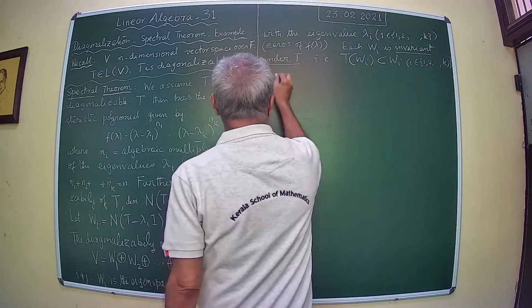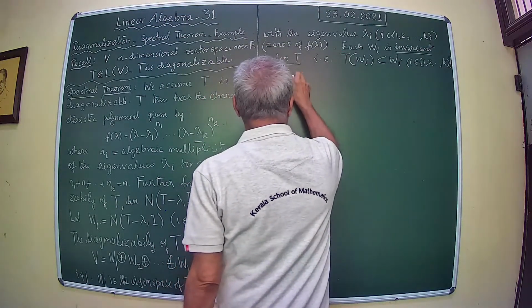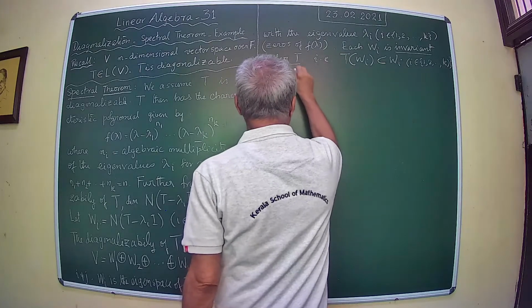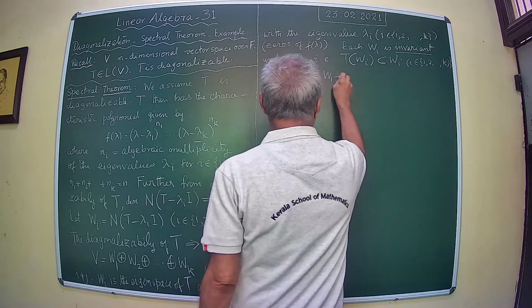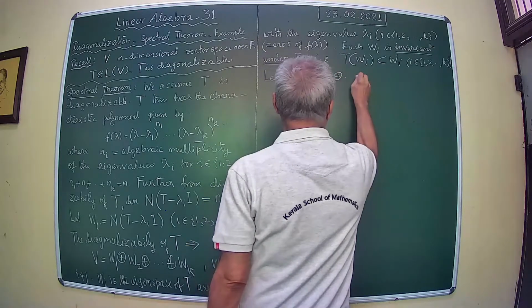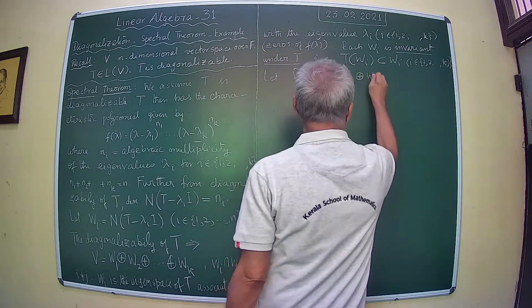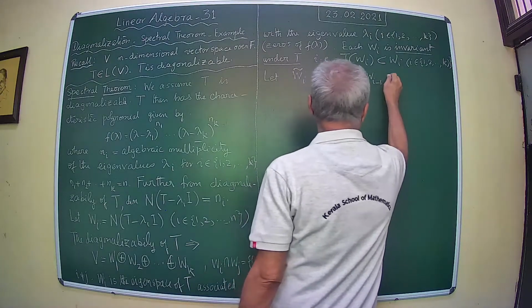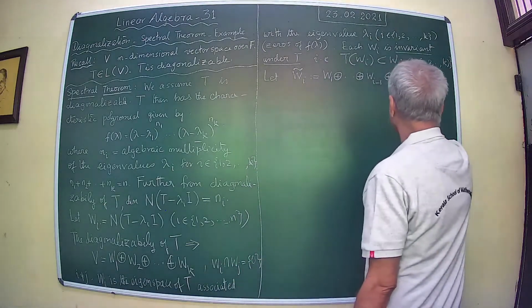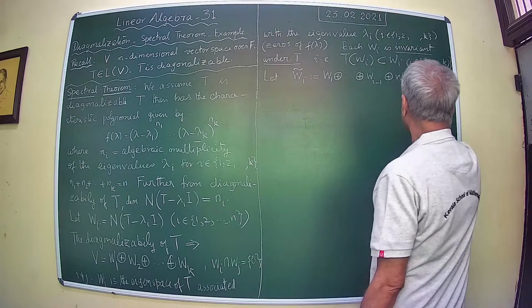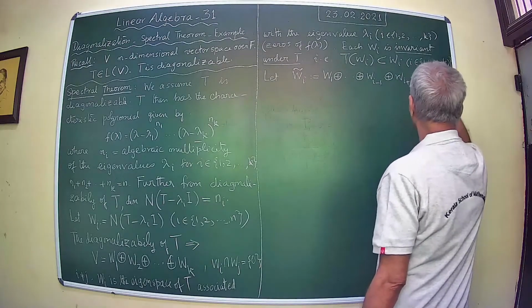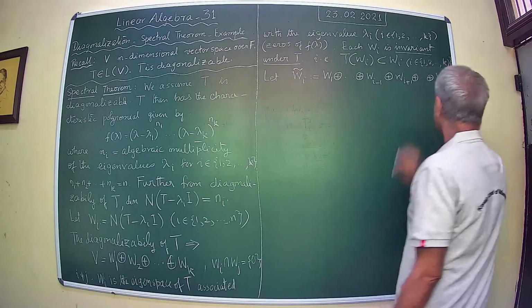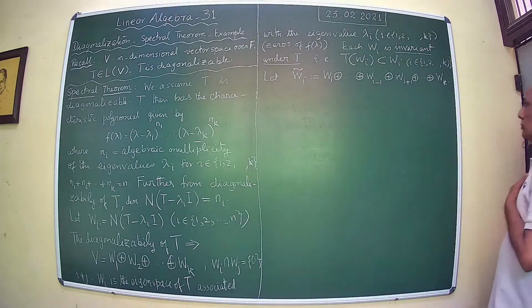Let Wi tilde denote the sum of the remaining subspaces, then